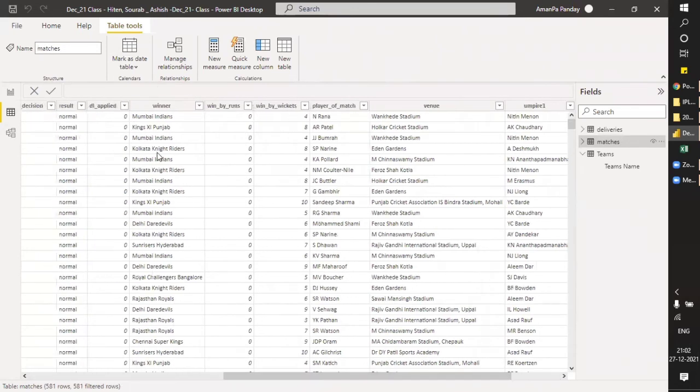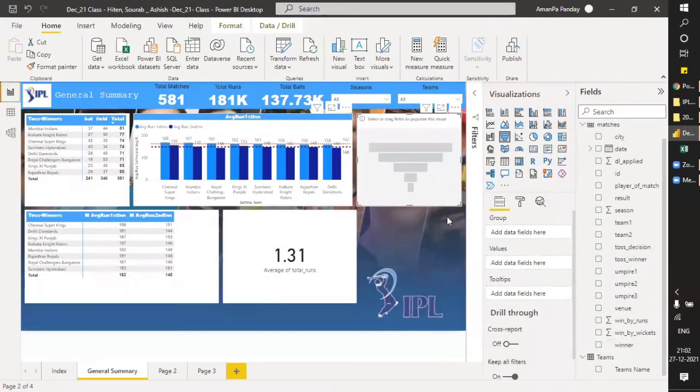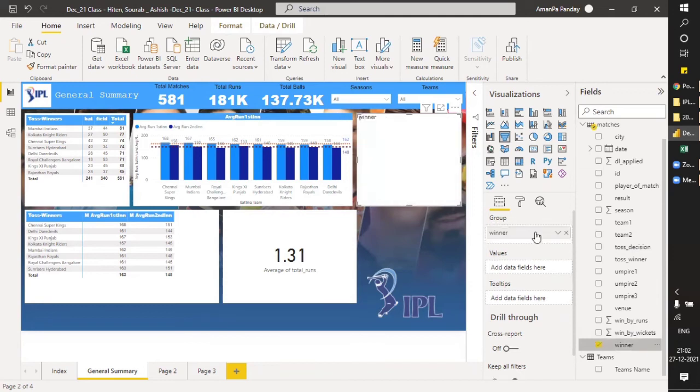Winner, okay, winner is the name. Let's go to the report section. Now let's have the winners here in the group, and winner here in the values.